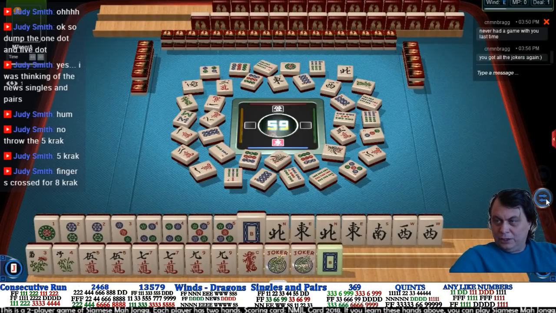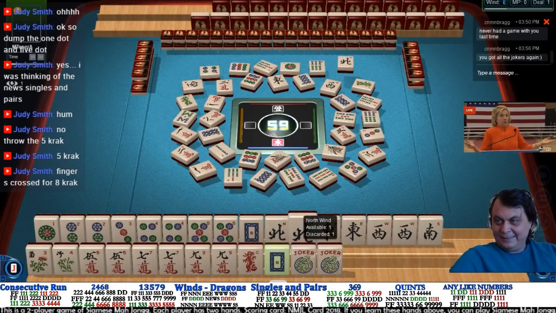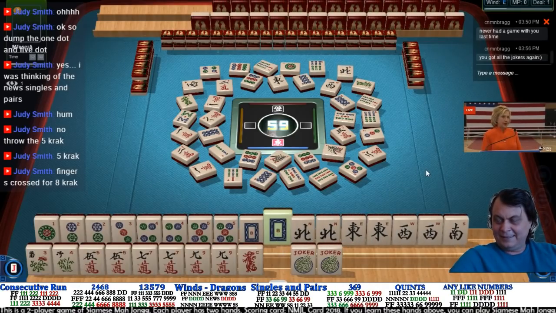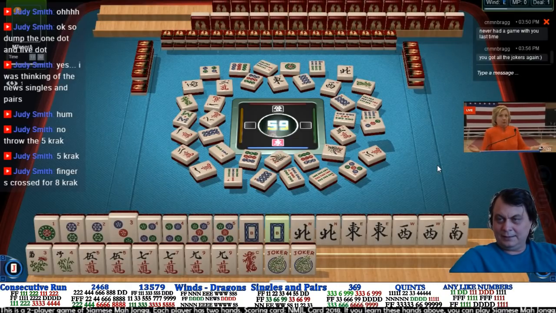The only problem here, I don't know what to discard. Because everything I want. I need everything. Ay, ay, ay. What do I discard? I have to dump something and...